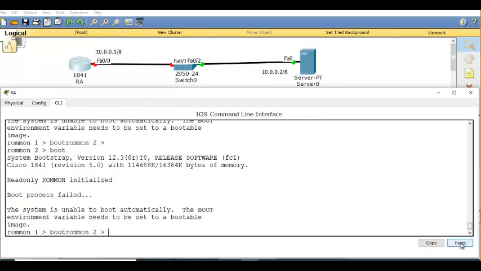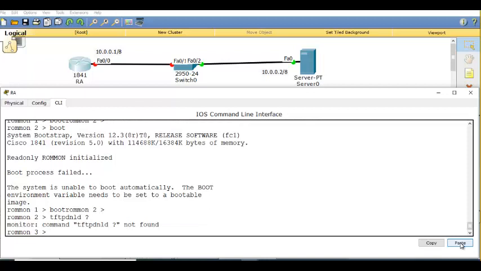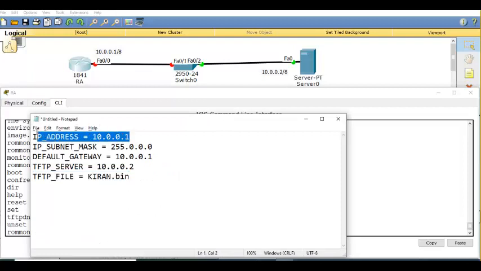What is this? Oh, system command boot. TFTP download. Wait. TFTP download. IP address.